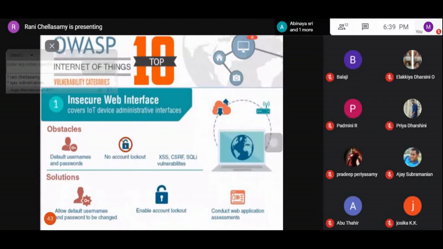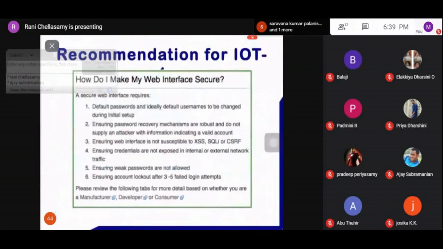So how do I make my web interface secure? How do I overcome all these insecure web interface issues? As we saw in the previous slide, the solutions are all listed here. Default passwords and default usernames should be changed during the initial setup itself. That's the main thing. Also ensure the password recovery mechanisms are robust and do not supply an attacker with information indicating a valid account. And you should also ensure the web interface is